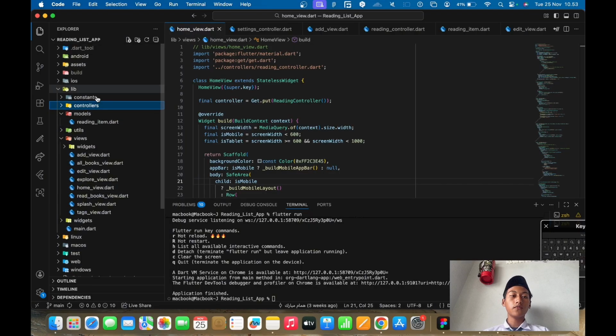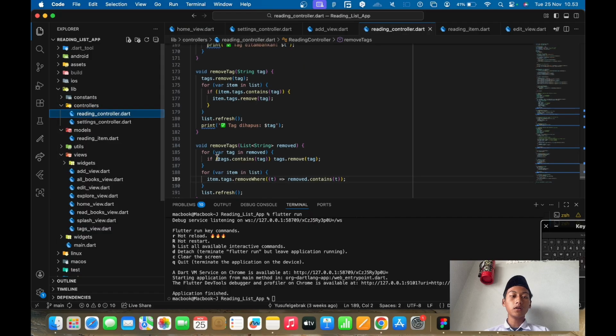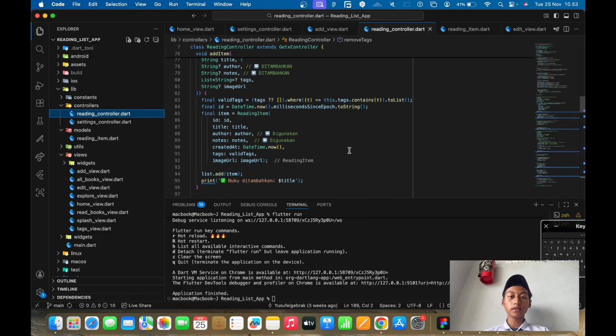So the first thing you must know about my application. My application has a reading controller .dart.